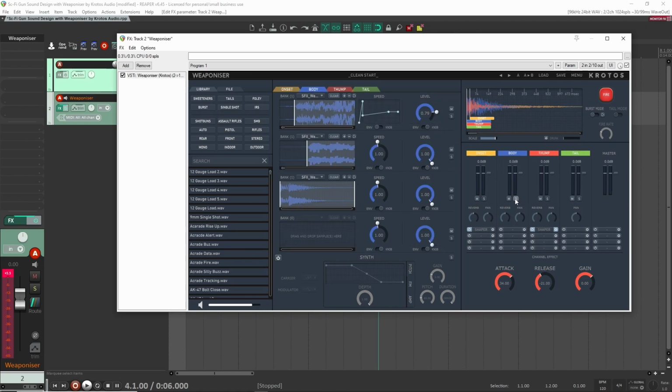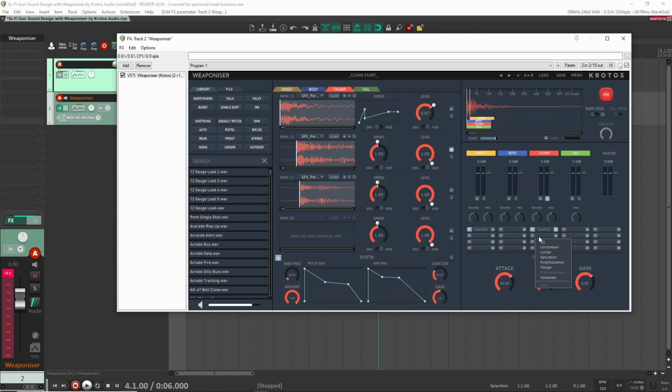Okay, let's keep going here. Let's work on this layer again. So for this one, I like to have a bit more saturation. I want even more kick into it. Yeah, so let's add some saturation. I think the one thing that